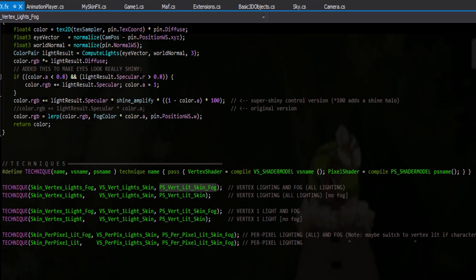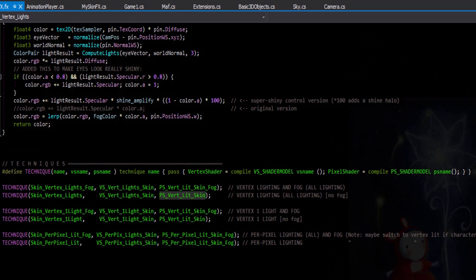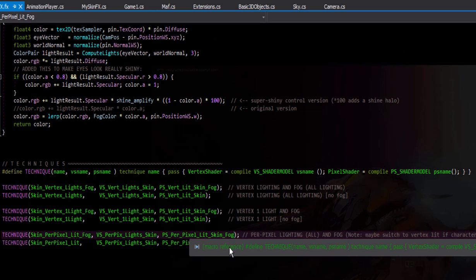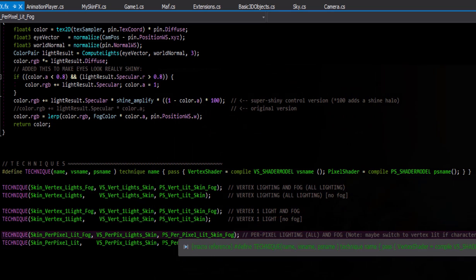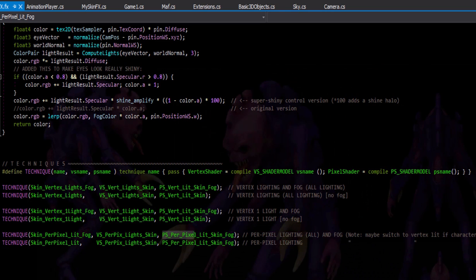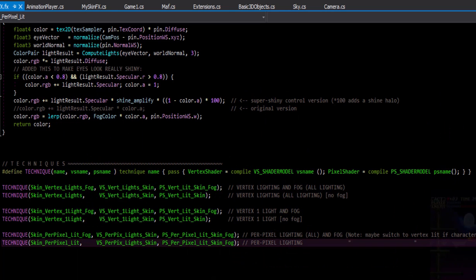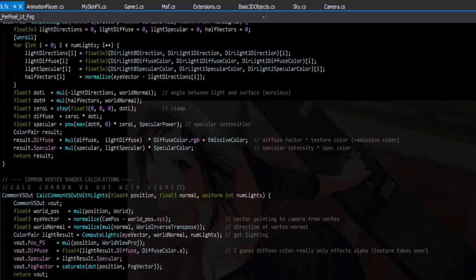We'll have a vertex shader for lighting and fog with all 3 lights. We'll have a pixel shader. It's also vertex-based lighting, all lights with no fog. And this one's the same thing except for 1 light. And then down here, these all have fog. We don't have a no fog version right now. You could make one if you wanted. So we've got a per pixel lighting, skin, and fog. And that's for all 3 lights. This one's just for the 1 light. So we'll probably be mostly using this one. That's like the maxed out version. We'll take a look at how that code works.